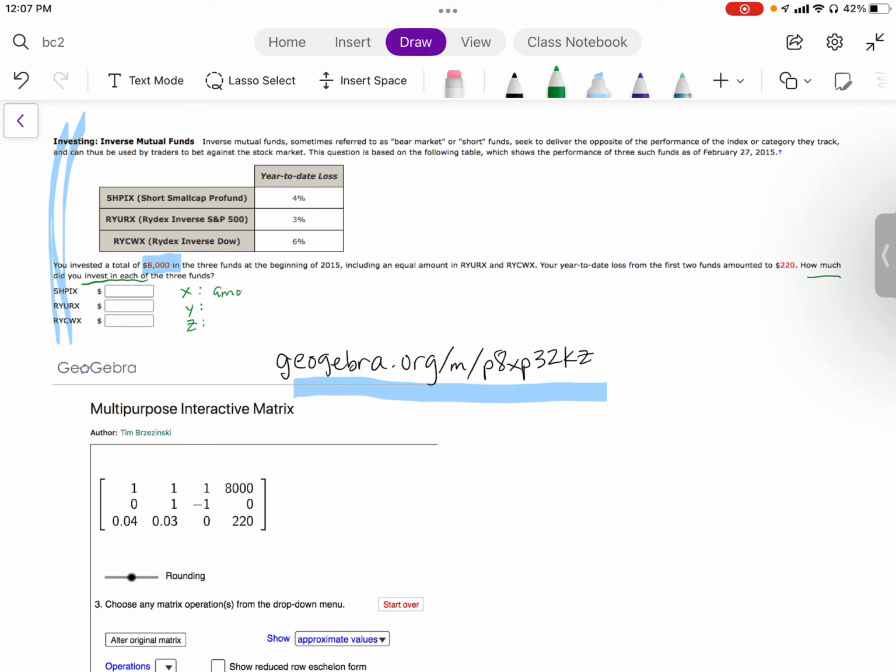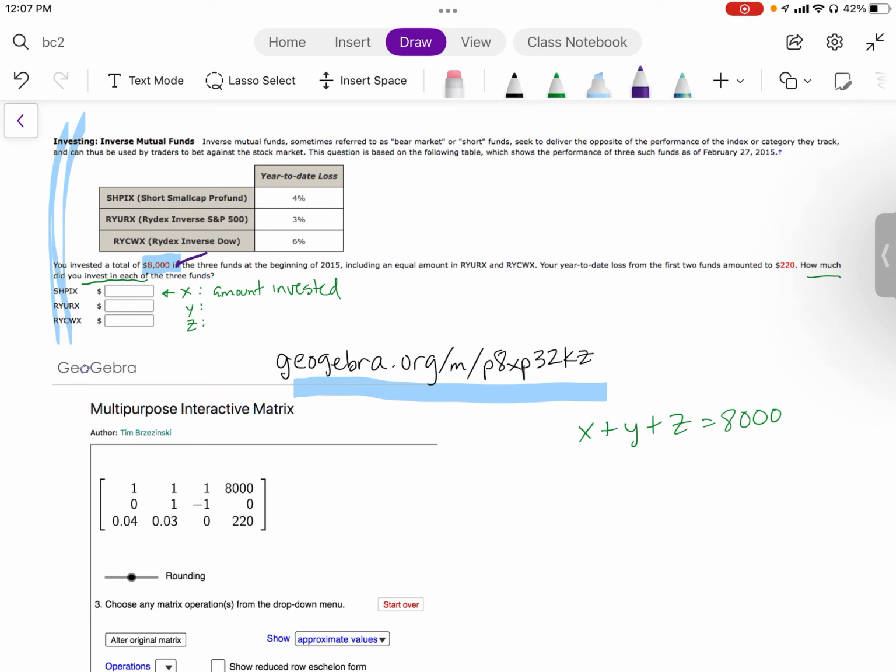the amount invested, and I'm not going to write out the whole thing because it's in this SHPIX, short, small cap, whatever, mutual fund index. Okay. So if we invested a total of 8,000, then I could think of that as X plus Y plus Z equals 8,000, right? So that information has been used,